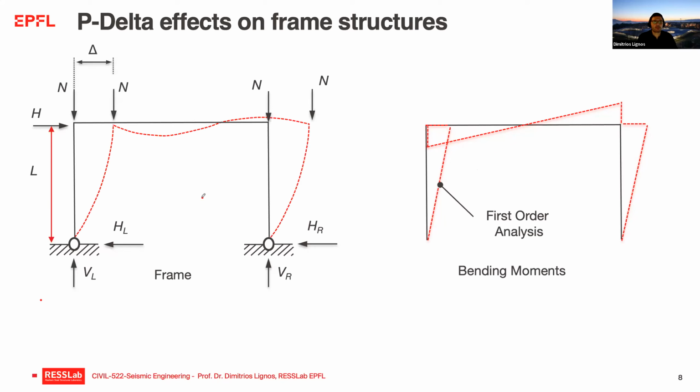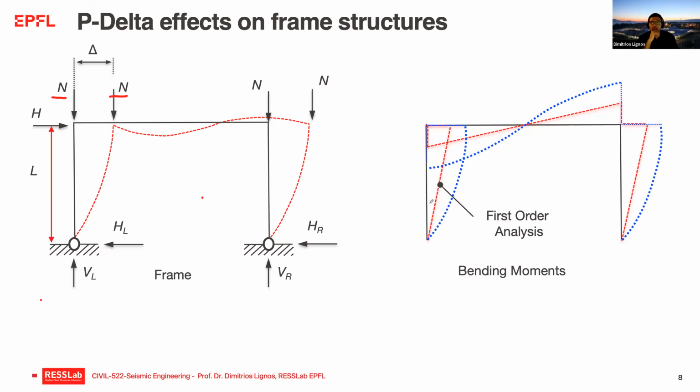However, if we now consider the fact that a frame could displace by an appreciable amount delta, then this moment diagram is not going to be the correct one to be used in design, because these forces are going to amplify the moment diagram on your members. In particular, if I wanted to sketch the real moment diagram, it would more or less look like this,